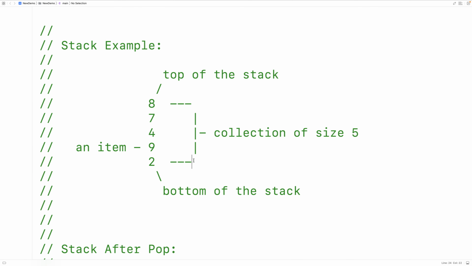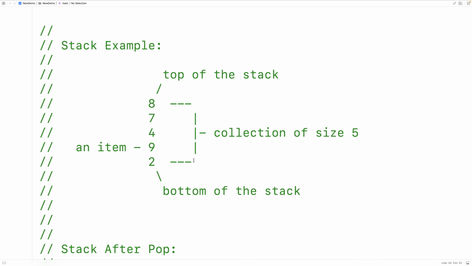Now a stack is a last in, first out data structure. And it works kind of like a stack of papers stacked on top of one another. So with a stack of papers, we could put a paper down on the top of the stack, and we can pick a paper up from the top of the stack. A stack data structure works pretty much the same way. We have two main operations. We can pop a value off the top of the stack, and we can push a value onto the top